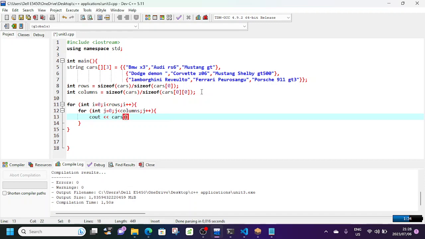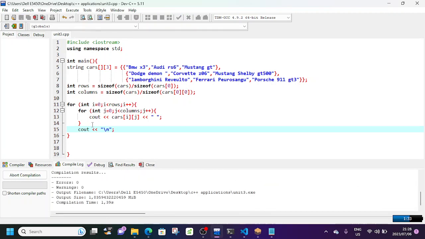We see outing cars, but we see outing cars as this, right? And then we come down here, and then we say we're gonna come down here. I think let's just leave it at that because we wanted to display those two things. I think we need to do this. Let's just leave a space, right? And then let's come down here and then say cout, right? New line character, right? And so let's just try to run